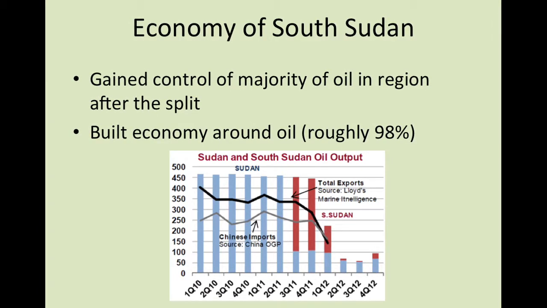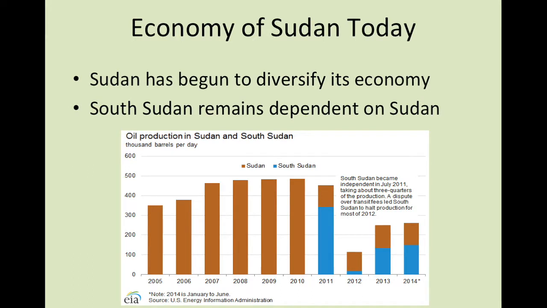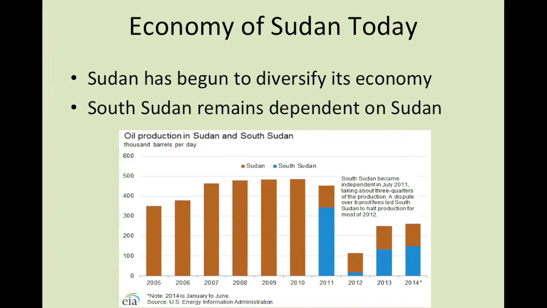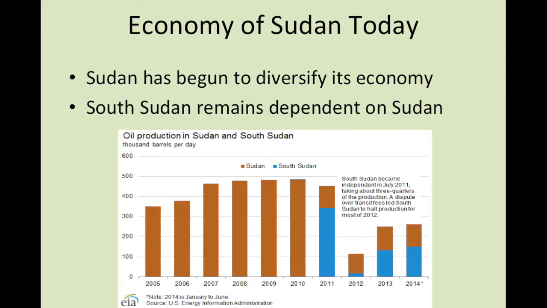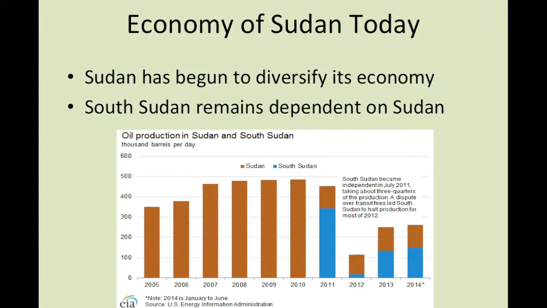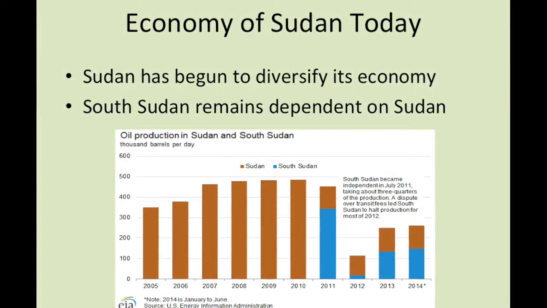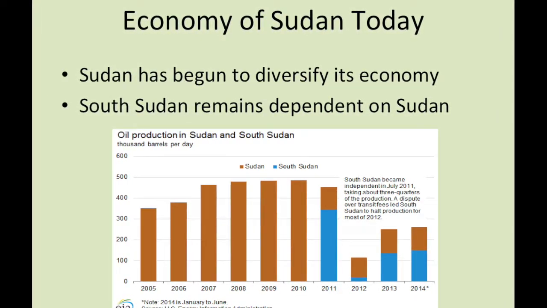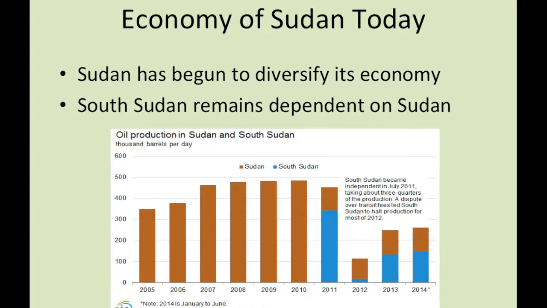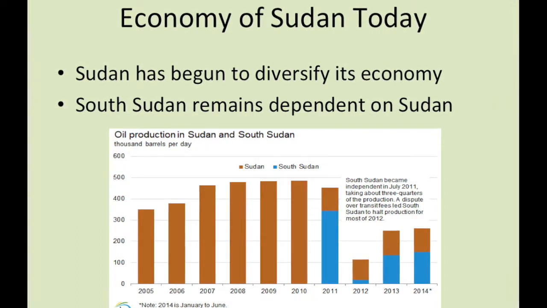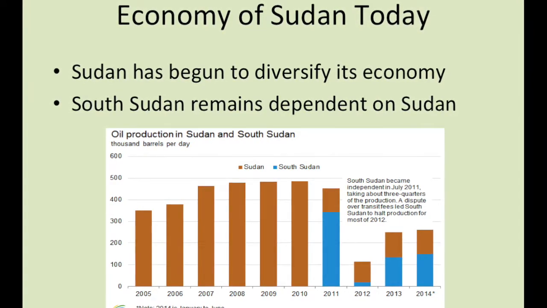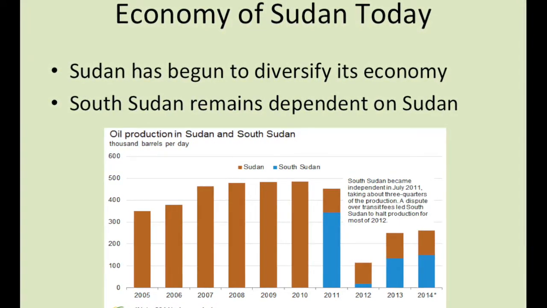in 2012. Since the 2011 split and Sudan's major economic loss, the country has begun to diversify their sources of income. Sudan began to explore agriculture and mining, and today they export gold, cotton, sesame, livestock, and many other things in addition to oil. The economy of South Sudan has declined in the past years, as seen in the table. This decline is due to civil unrest in the country and a dependence on Sudan to export oil.